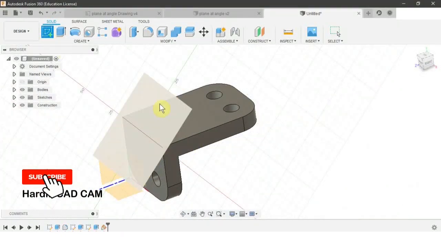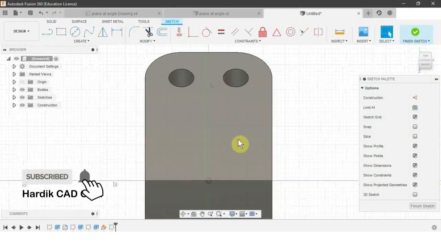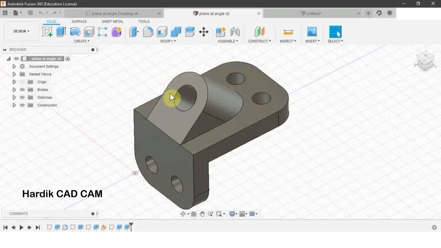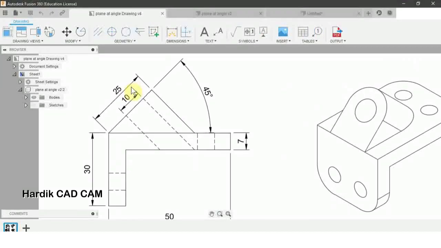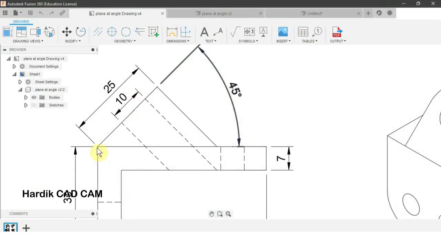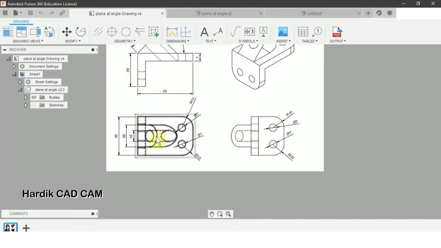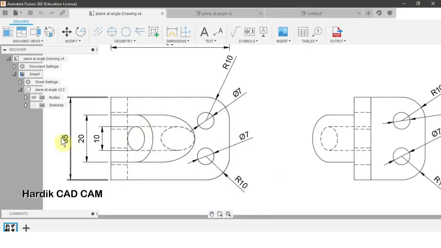Now we will create a sketch on this plane. Now for that dimensions are given over here. The distance from this point to this point is 25 mm. And the diameter of this outer circle is given over here, that is 20 mm. So the radius will be 10 mm.